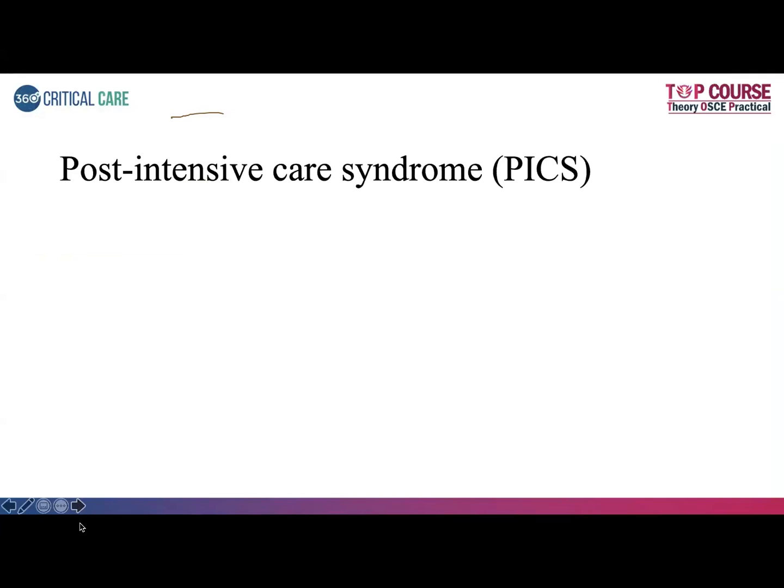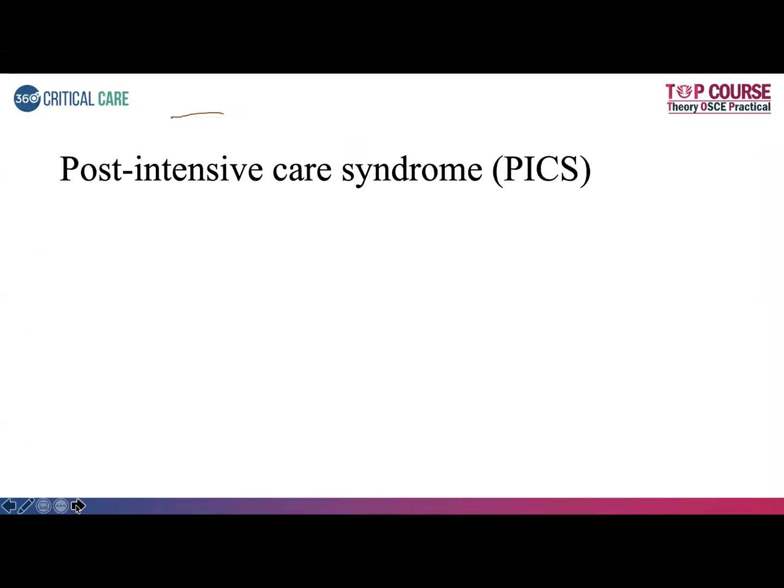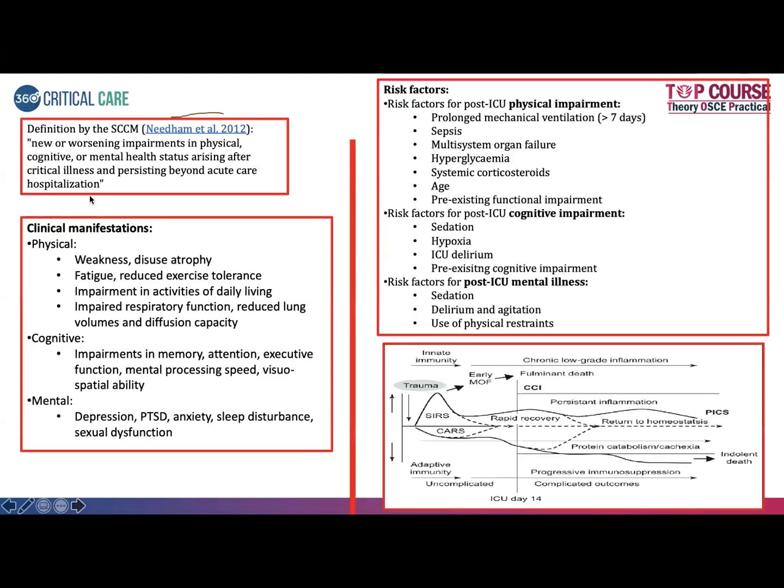The next topic is post-intensive care syndrome. The definition of our interest is not limited to the ICU; it extends to post-intensive care also. The definition was given in 2012: new or worsening impairments in three domains, physical, cognitive, and mental health status, arising after critical illness and persisting beyond